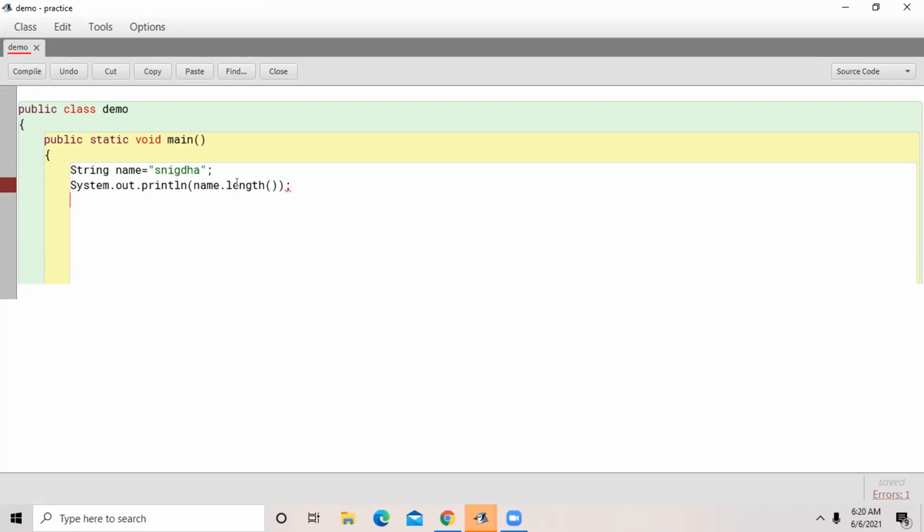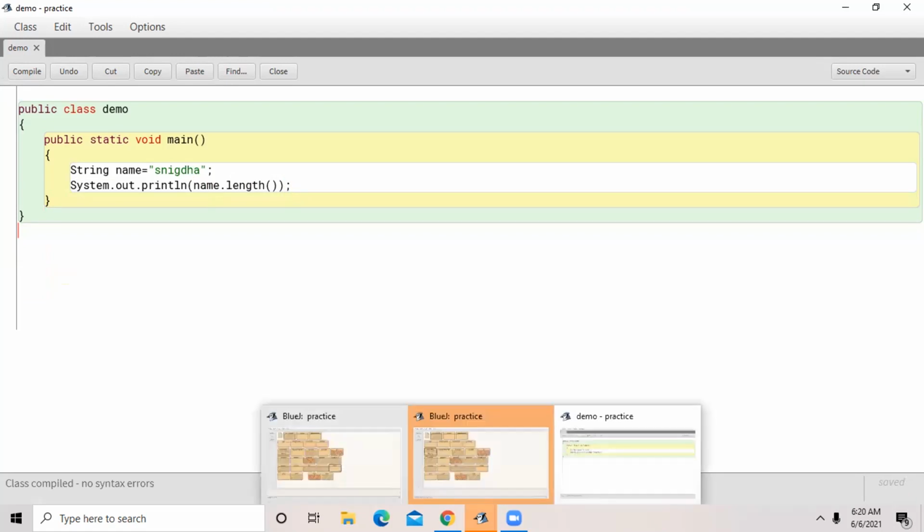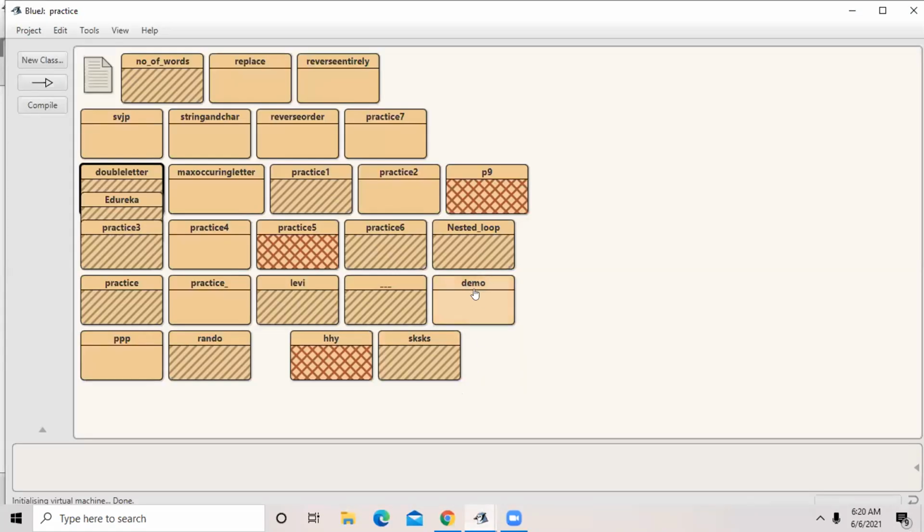Now close the curly braces. Now run this. So you are getting seven, right? Your name has seven characters, right? Similarly, you do it for the charAt function.